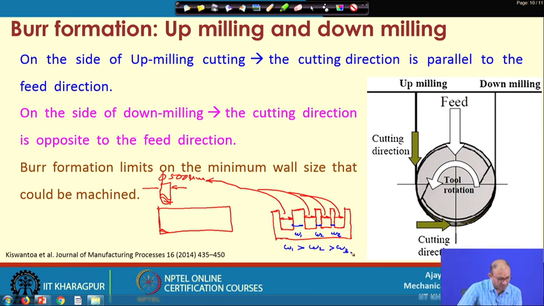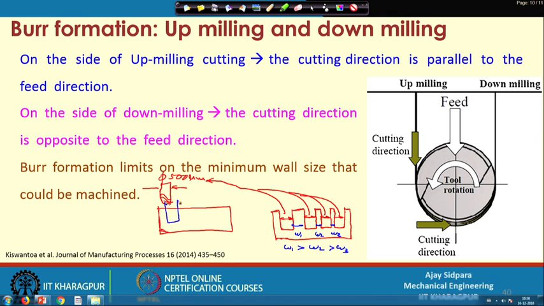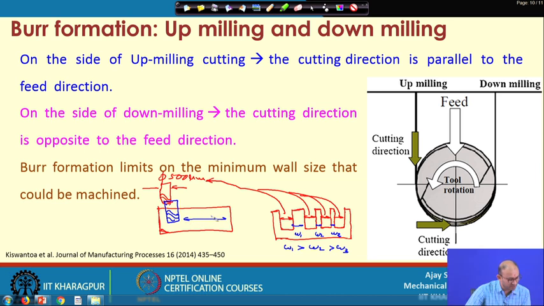Now, we want to see up to which location or up to which dimension we can reduce the width of this particular wall. Now, consider we will start with the fresh workpiece. In the fresh workpiece, what is the advantage, let us start machining at this location. So, your cutting tool is cutting something like this in the first go. What is the advantage of going with this, that you have a large amount of material available on this side. So, material resistance will be very high, or it will support the cutting tool forces.